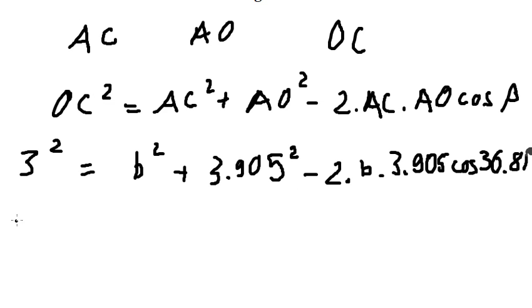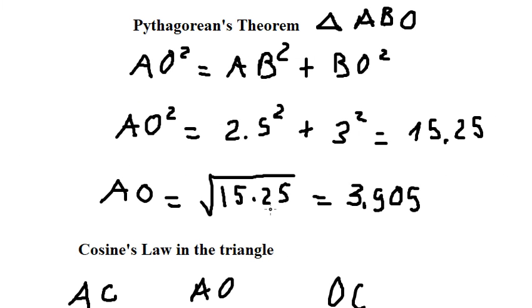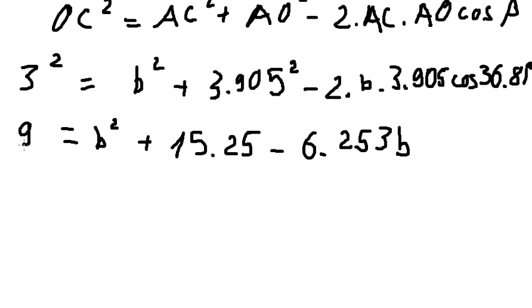So we need to simplify. This one is 9. This one is 15.25. This one we calculate, and we have negative 6.253b. And now I will move 9 to the right, and we have b square